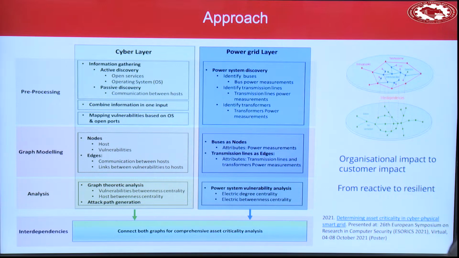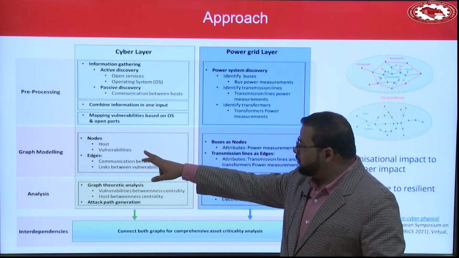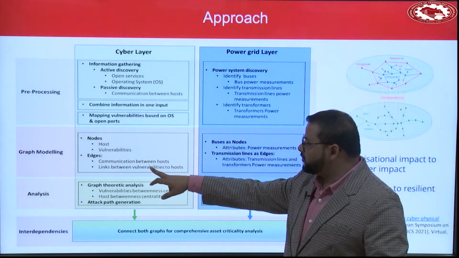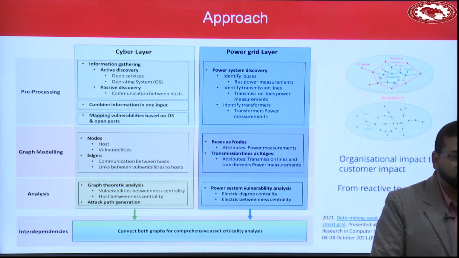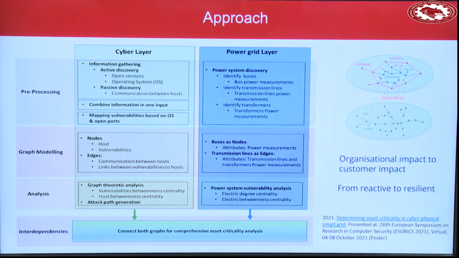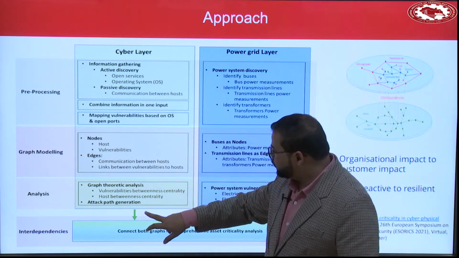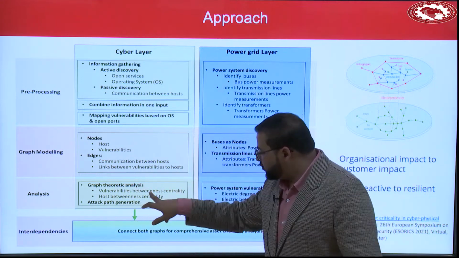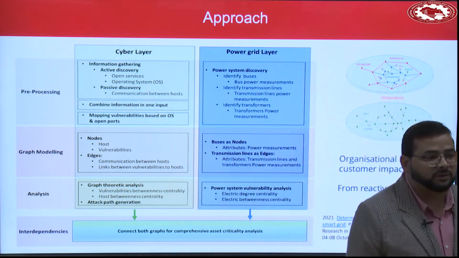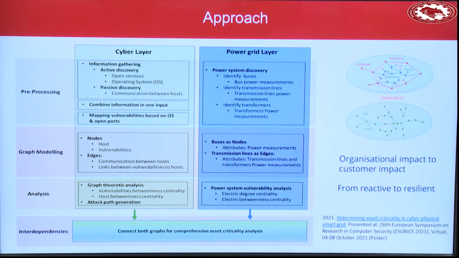Okay. So as I said, in the graph modeling, we have hosts, nodes, and edges. Now we are looking into what kind of devices we have and what the vulnerabilities could be, and we are also doing something called vulnerability betweenness centrality. I wanted to know, between any 2 nodes, and more importantly between any 2 critical nodes, what are the possible vulnerabilities? What is the total number of vulnerabilities that I see?